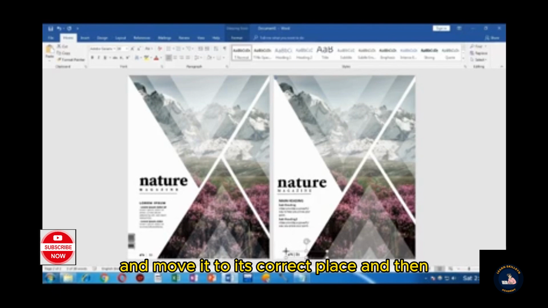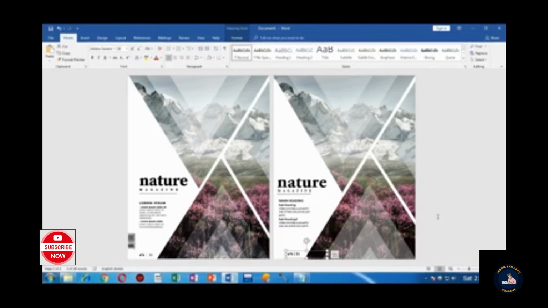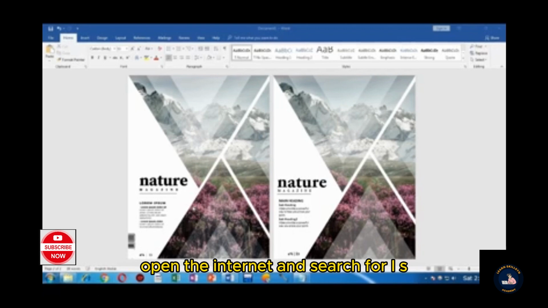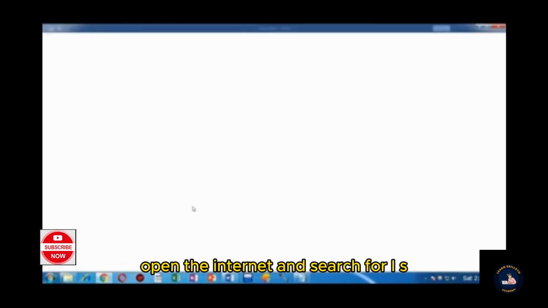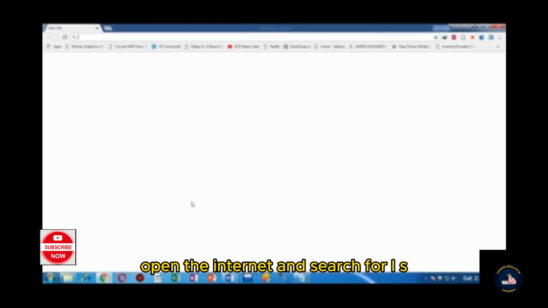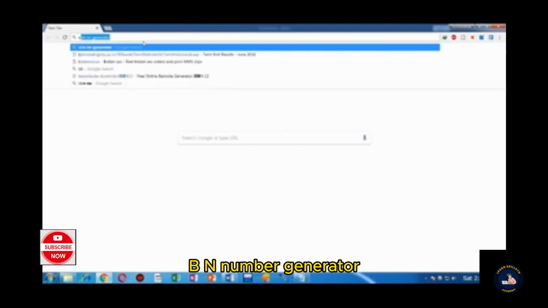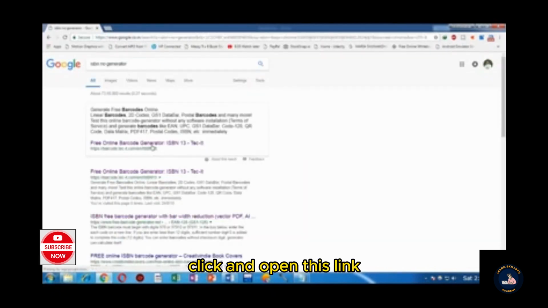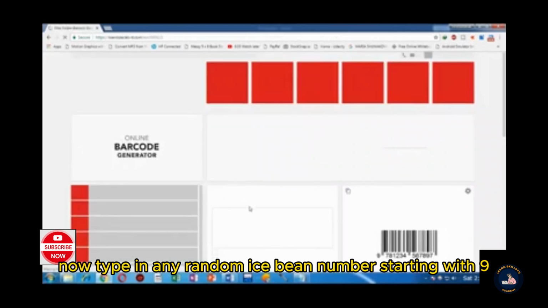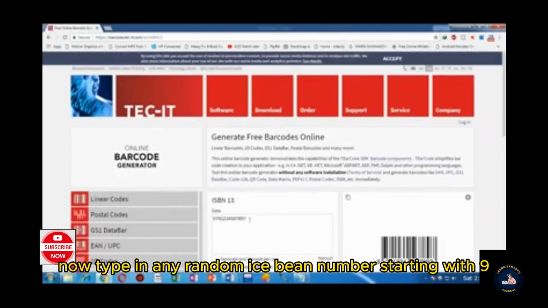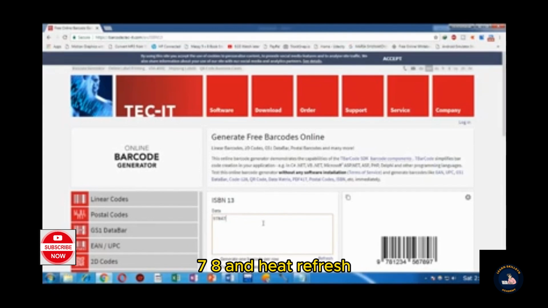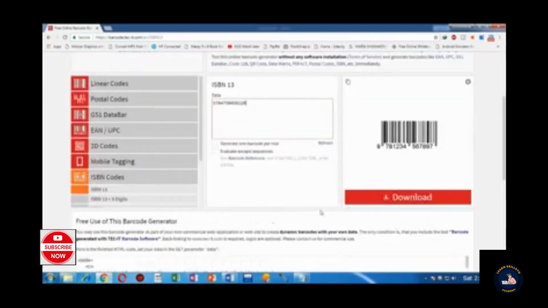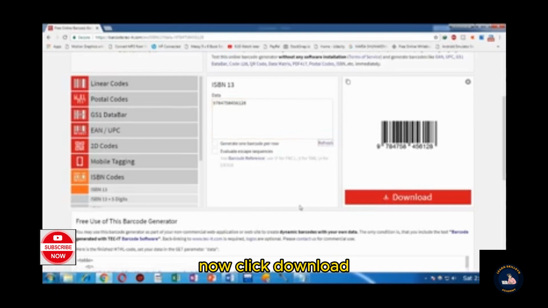Open the internet and search for ISBN number generator and open this link. Now type in any random ISBN number starting with 978 and hit refresh. Now click download and your picture of ISBN code will be downloaded. Let's click insert and picture